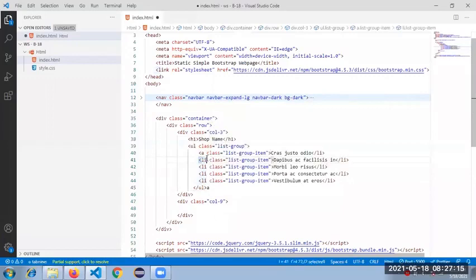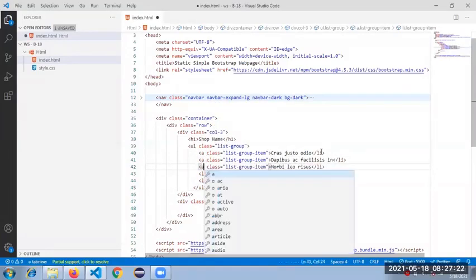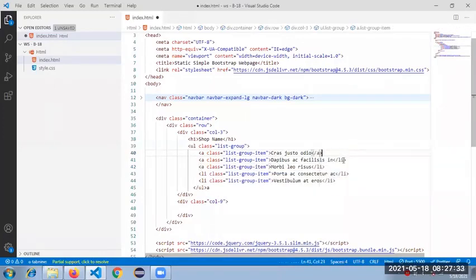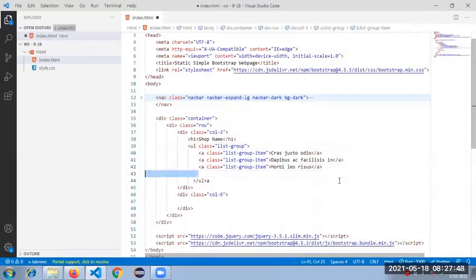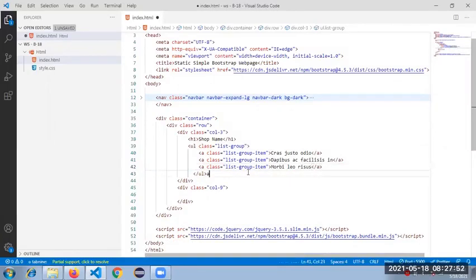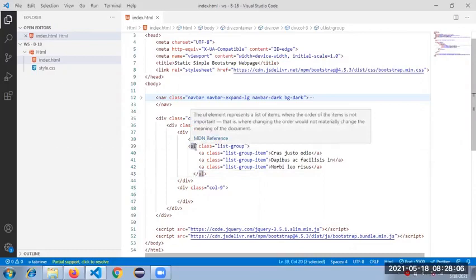We need three in total, and the remaining things I'm deleting. Since li changed to a, the UL tag won't support it, right? So let me change this UL to div.